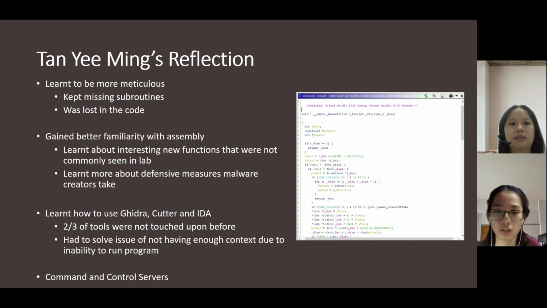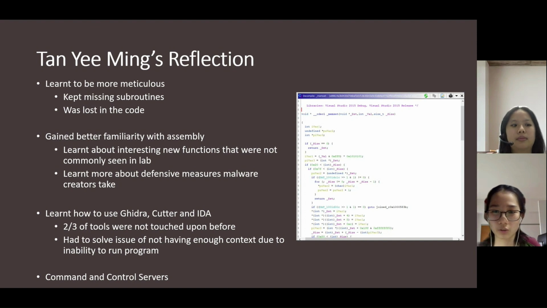However, while rushing through, I actually missed out on several subroutines that had quite important imports, and also because I rushed through, I was not very detailed in terms of finding certain subroutines that actually mattered to the malware, and ended up finding and getting lost in several other functions and features. But not all was in vain, as